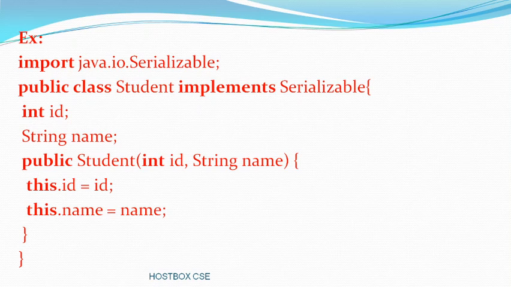So this is a part of the serializable program. If you want to work with the serialization and deserialization concept, you have to understand this. Here we are writing the variables with the declarations and using this to refer to the object. This.id means id, this.name is called name, like that. If you have a Java compiler, you can try to execute it.